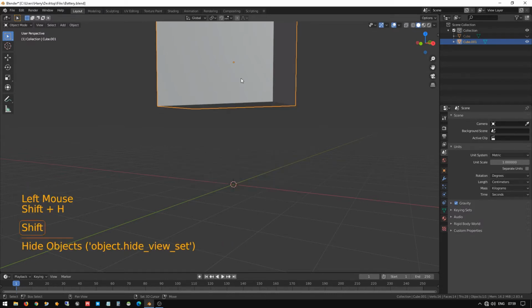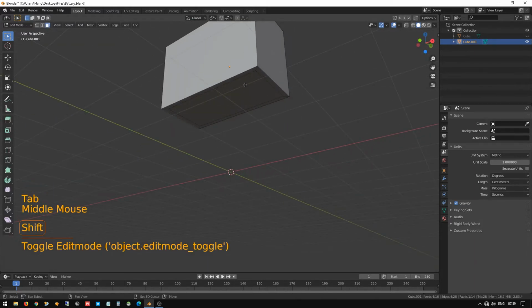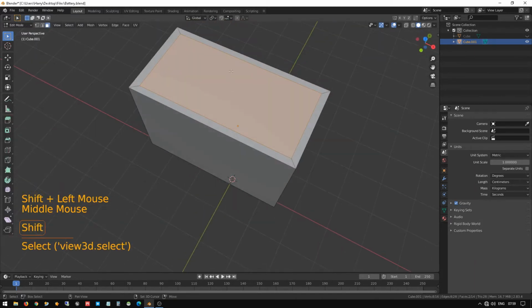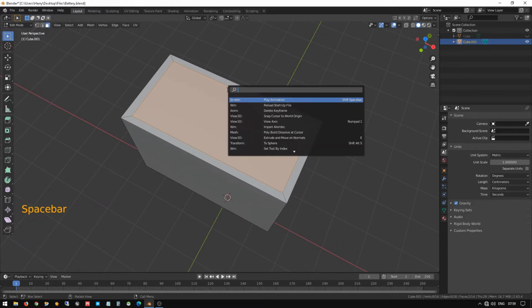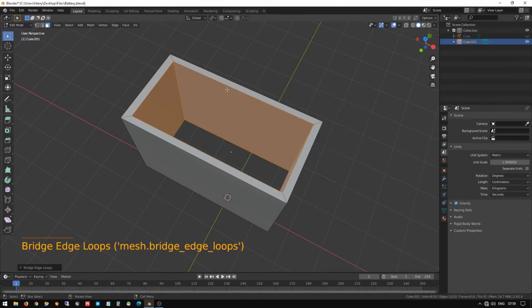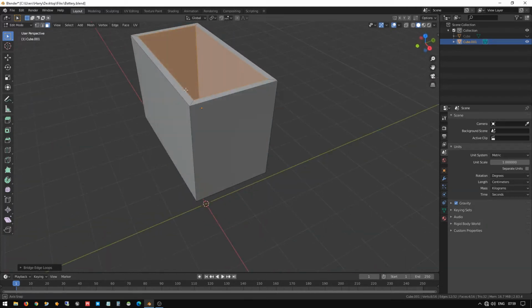Okay, press Shift H again to hide others and go to Tab mode. Now we can see the bottom. I have selected the bottom, press the space bar and search for Bridge Edge Loops. Now you can see it has created the box curve shape that we required.